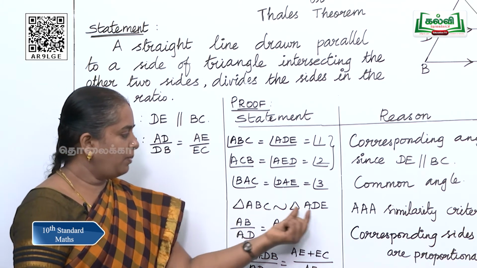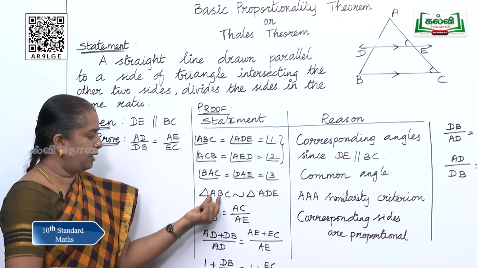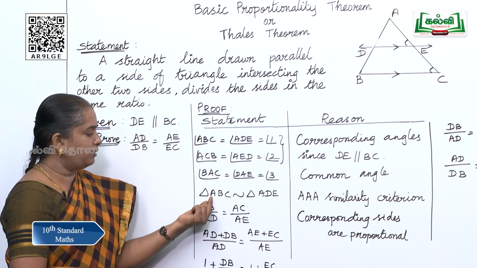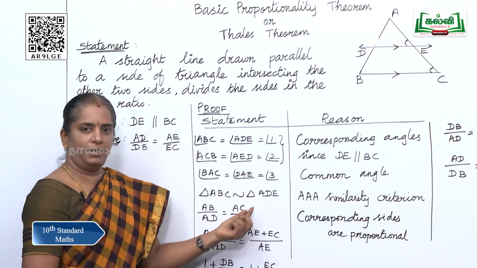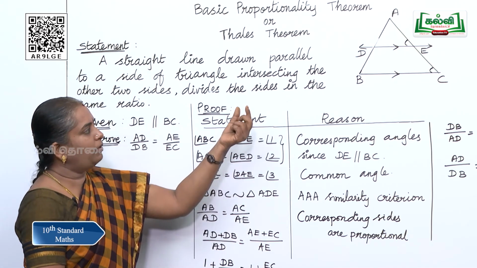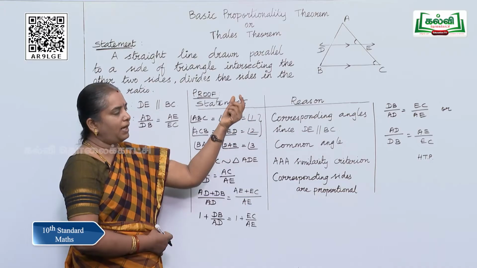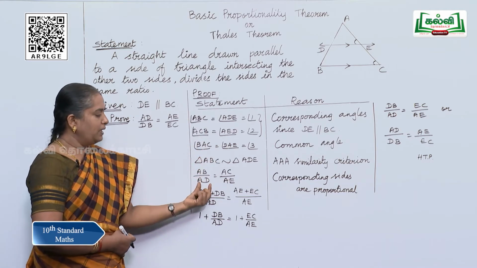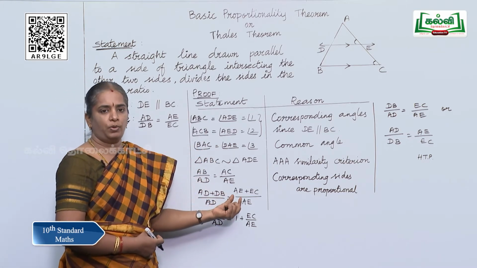So, AB by AD are corresponding sides here. So, AB by AD is equal to AC by AE. We can take BC by DE also, but we do not want that base. BC and DE are not needed now, so I have left that. So, we can say that these two are proportional.